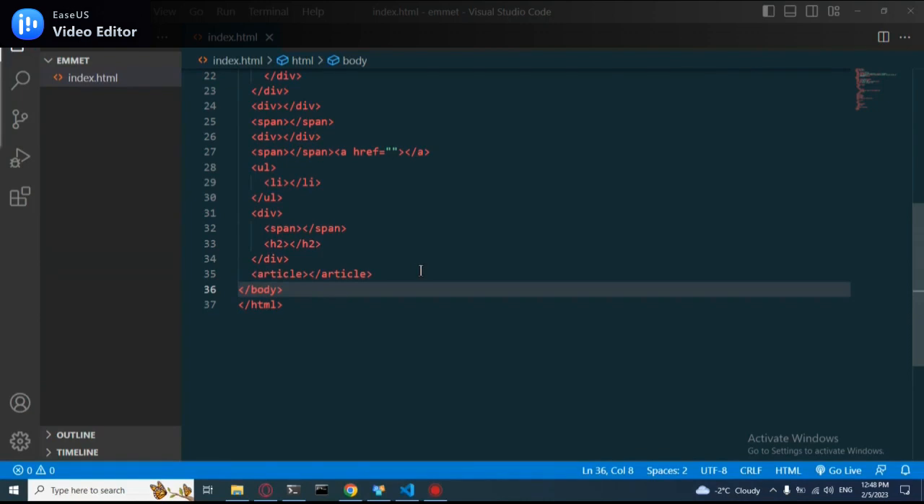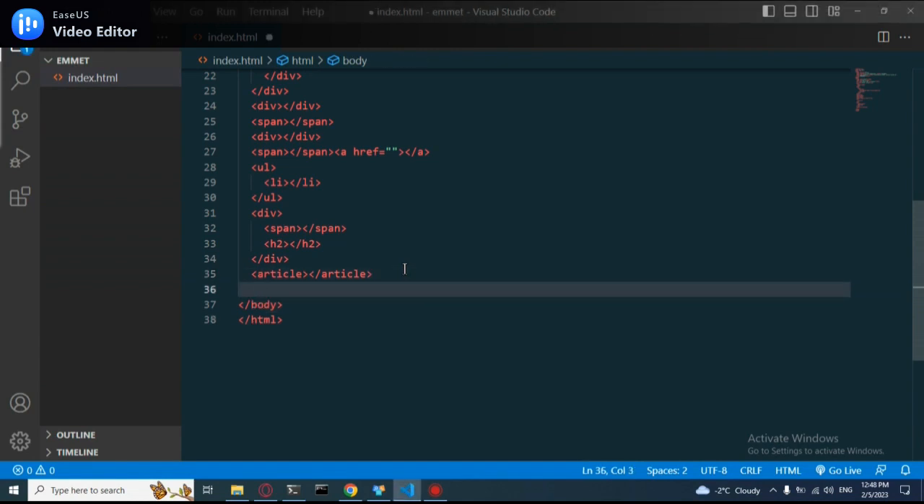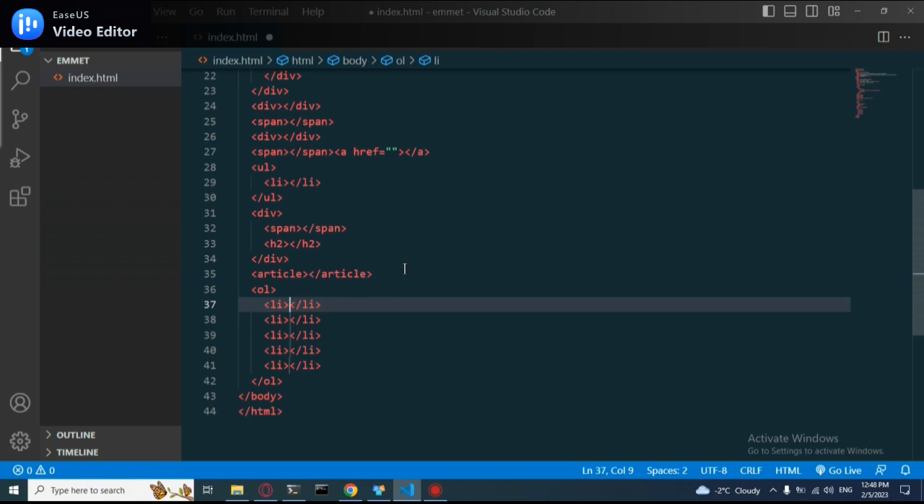Now, as if all of that weren't enough, we may actually add multiple elements at once using the multiplication symbol. For example, writing the ol li times 5 and pressing tab would give us a numbered list with 5 list elements